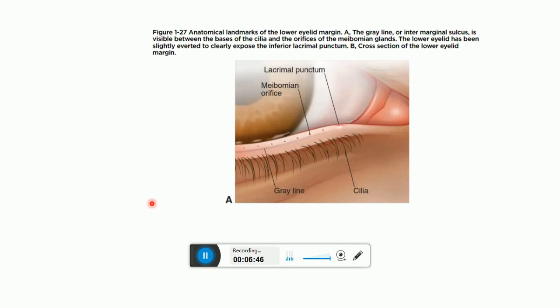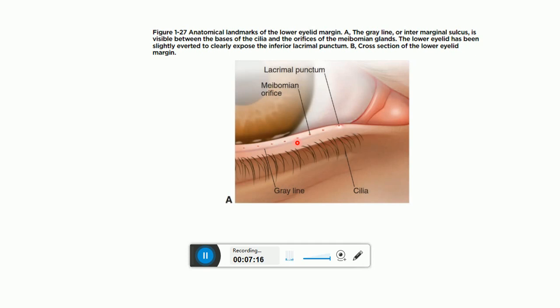Another important thing is the gray line. Here you can see the gray line. What is this gray line? Along the entire length of the free margin of the eyelid is this delicate line, and it corresponds histologically to the most superficial portion of the orbicularis oculi muscle, the muscle of Riolan, R-I-O-L-A-N, Riolan, and to the avascular